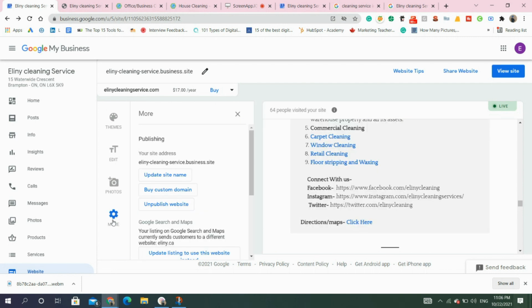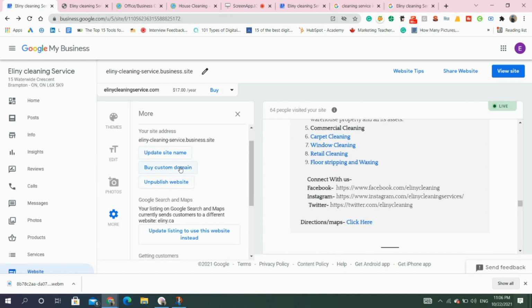So here we have a lot of features that we need to discuss. If you want to change your site, you will not get a custom name for your domain. For a free website, Google will write business.site at the end of your domain. Your domain will be your business name plus business.site. If you want to change your website's name, like if you want to have some keywords, you can update the site name. It's totally up to you, but sometimes it's not recommended. Just go for Alini Cleaning Services, it's best. Some people use keywords, but I prefer to have the business name only.